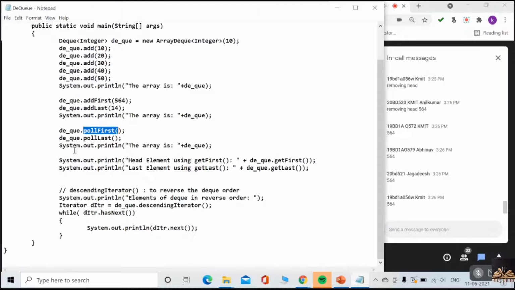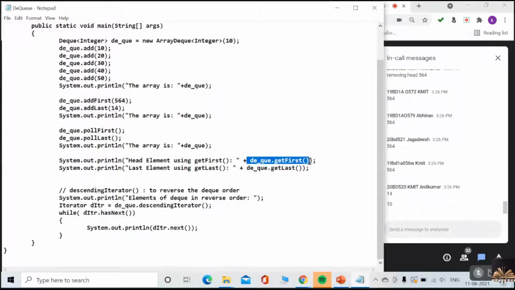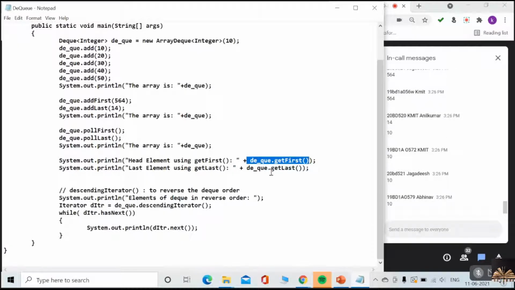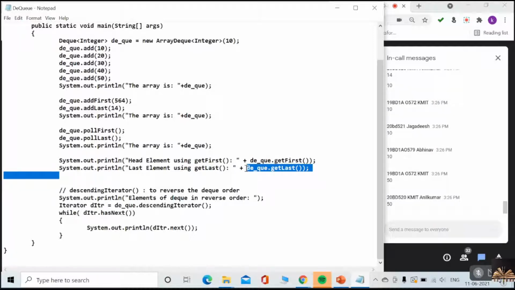And poll last means 14. Excellent. Next, get first. The get first method will get the first element of your list, that is 10. And get last is your last element by this time, 50. Yes, exactly.